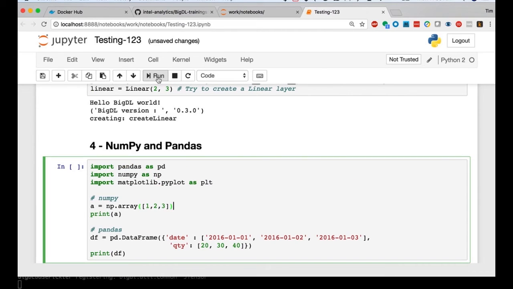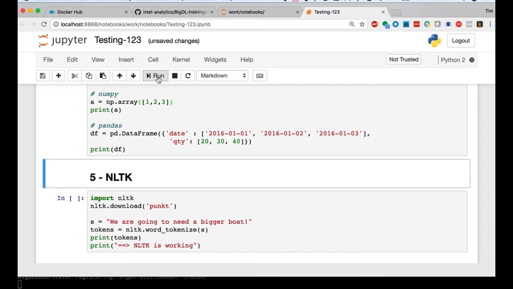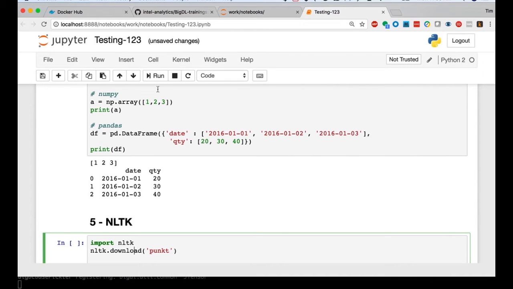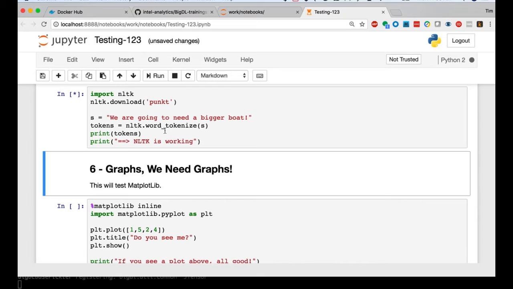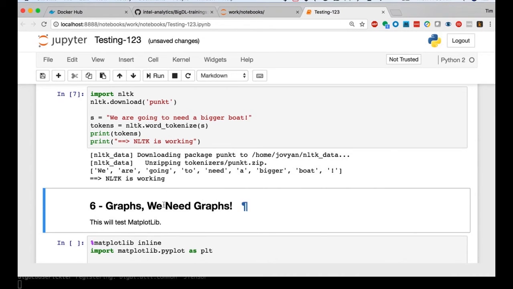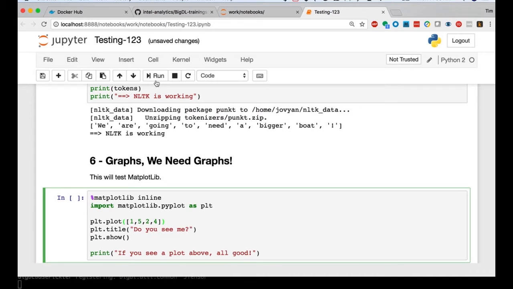In this frame, we're testing NumPy and Pandas, to make sure that we have our basic data science stack set up here. And sure enough, we do. And finally, we're going to try a few other Python packages. In this case, NLTK. So NLTK is working, as you can see. Also, we're going to be doing visualizations, which we'll need. So we're going to test Matplotlib here.